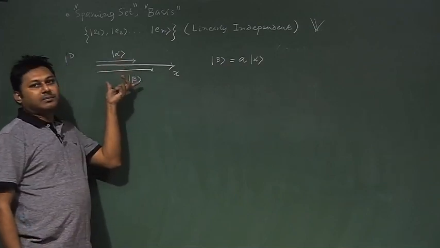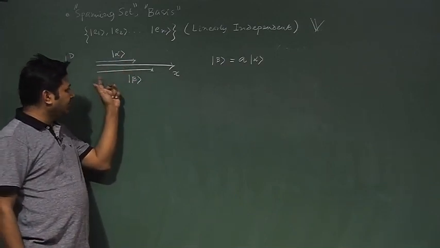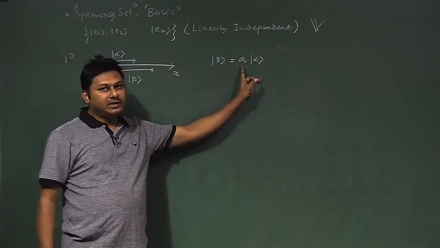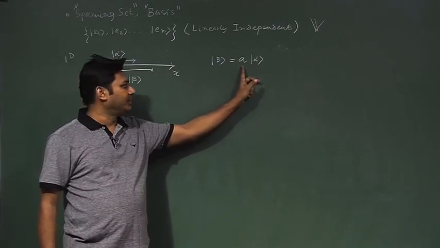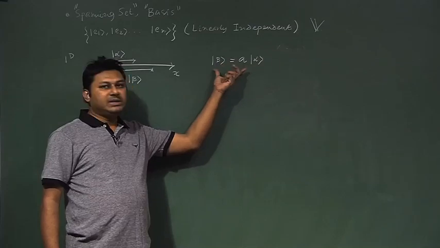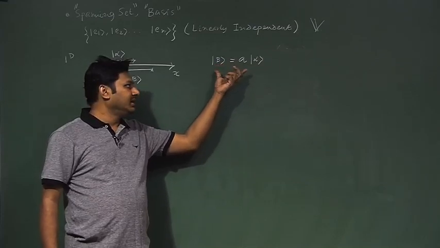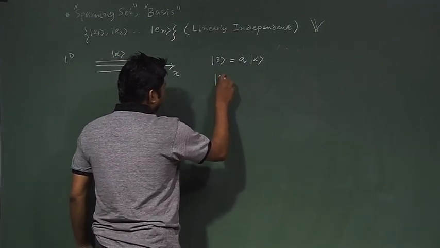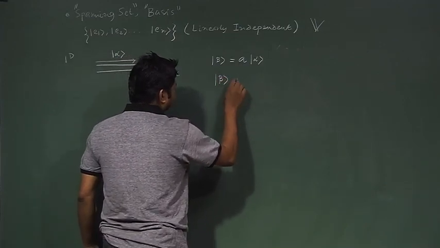Beta is nothing but some multiplication of alpha. This is just increasing the vector beta, and if I multiply by a suitable value, then I can have beta. So that means alpha and beta are not linearly independent, they are dependent on each other, because if I write this equation in a different way,